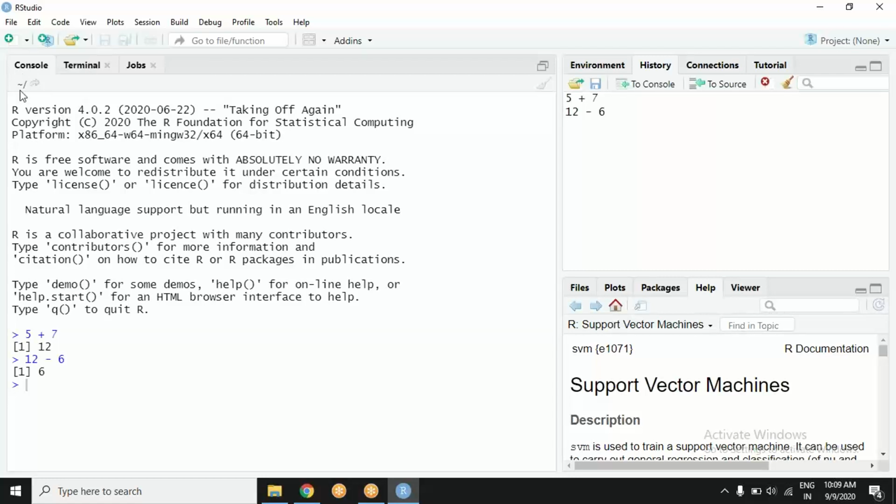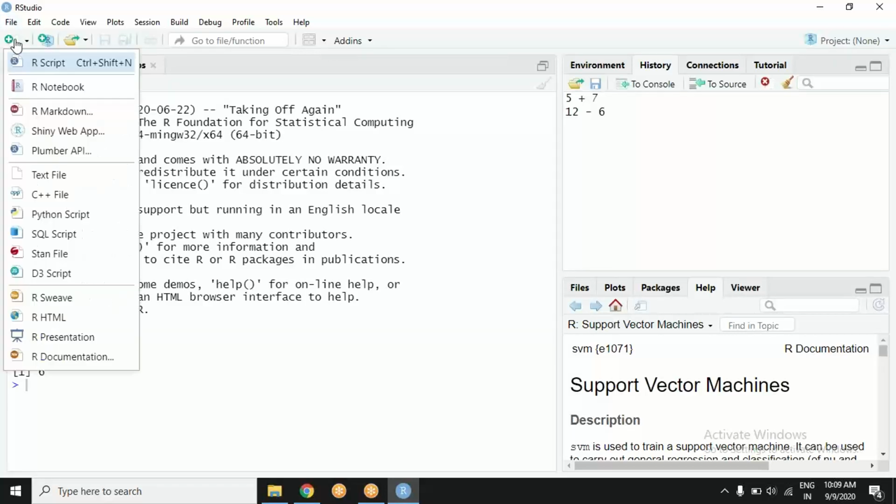So for now, a fourth window is possible. You click on this green plus sign here on the top right corner, and it gives you the option of script files. There are several options within a script file. There could be a notebook, there could be a markdown. We will explore that later. You see, there can be a C file and a Python script also. I'm not going there, you can explore that on your own later. For now, let's stick to our scripts.